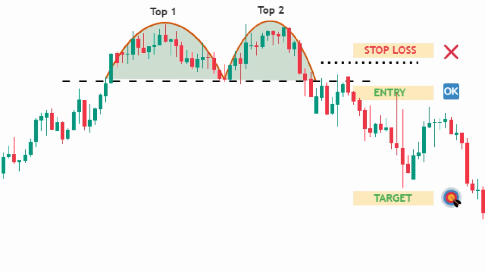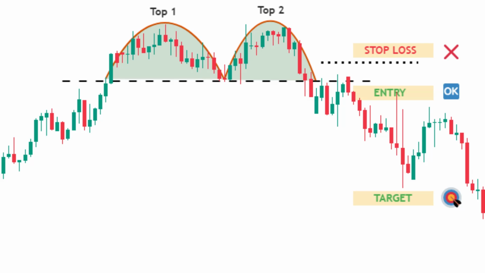In this chart, you can clearly see the stop loss, entry, and target levels that I have marked for a trade based on the double top pattern. The entry level shows the point where the trade is activated after the neckline is broken. The stop loss marks the price area where the trade becomes invalid, helping to limit risk if the market moves